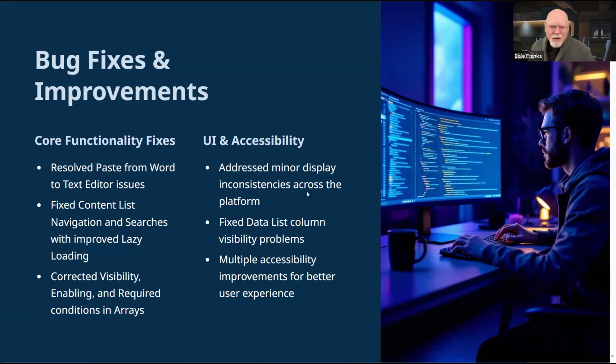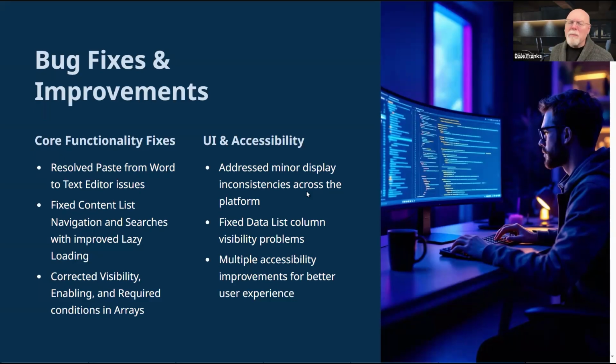The data list control had a little issue where you'd set a column to be not visible and you'd run it and that would get reset and it would just be a visible column anyway. So you were constantly having to go into the design view and reset it. Every time you opened up the form definition in the online form designer, you'd have to turn all those off. That was irksome, so we fixed that.